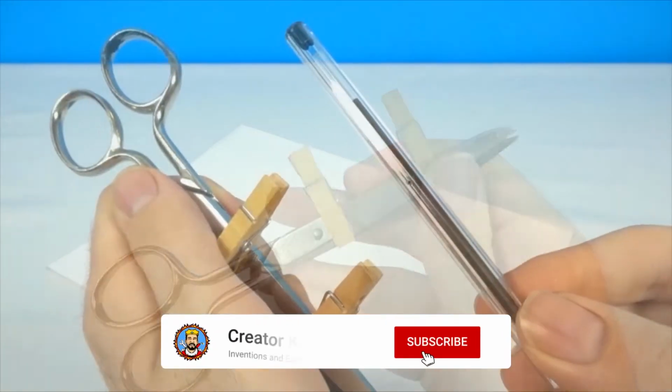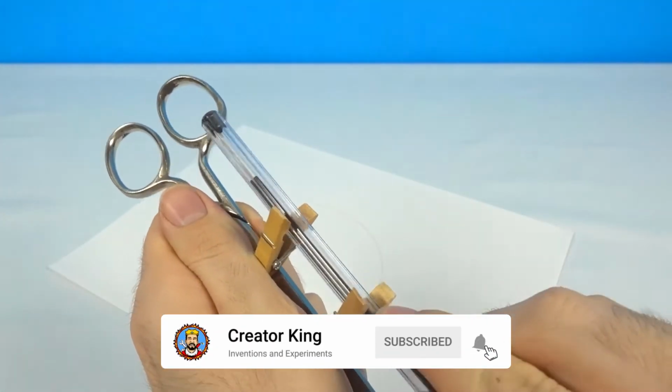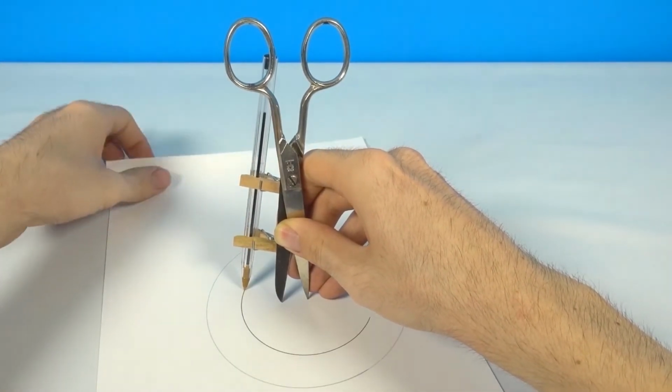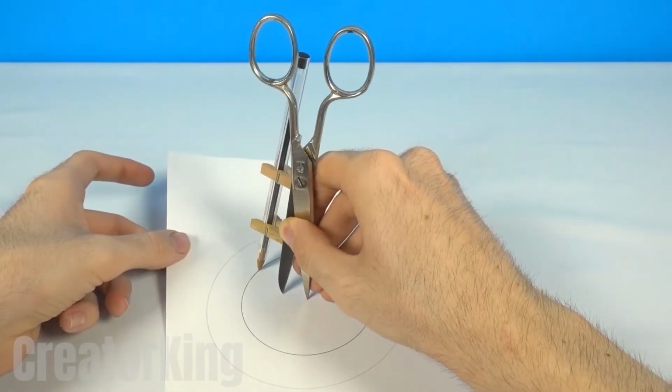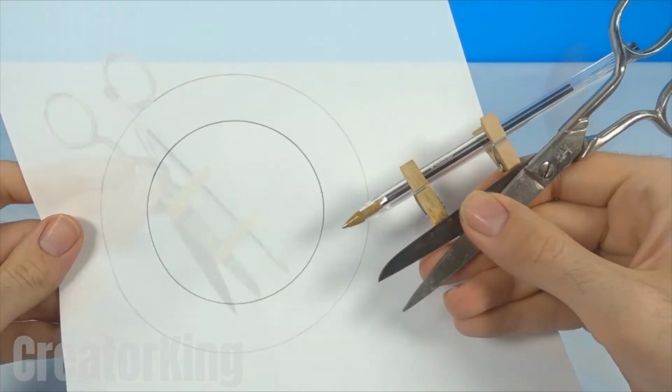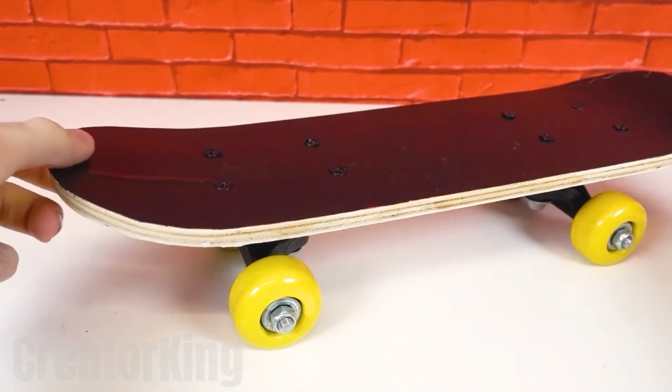Plus, you can also use the pen to create perfect, beautiful circles. At least your teacher will be impressed with my wit. I mean, yours. I hope you're ready for the last invention of the day. But what would you say if with the help of this skateboard and a couple of other objects we could